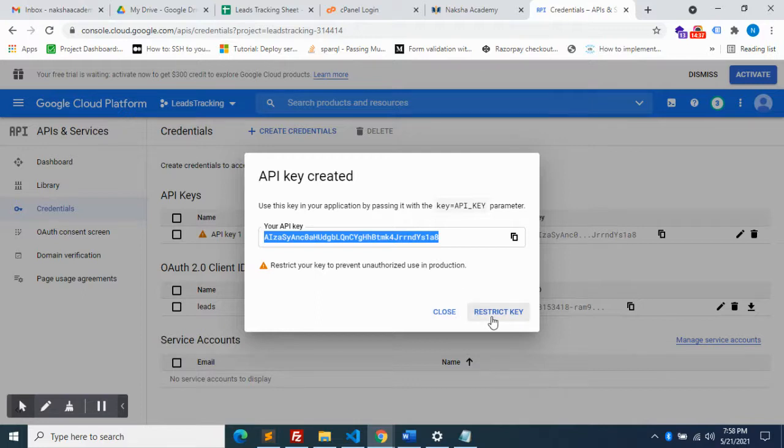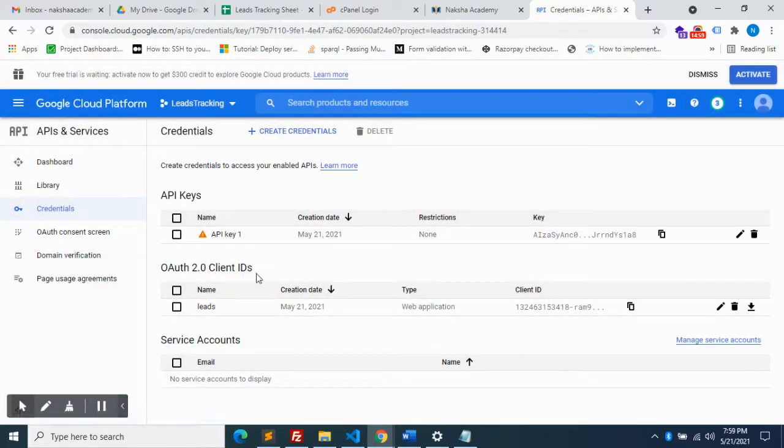Now you have to restrict the key. This particular API key should work only within this particular access. For example, this API key will work only for Google Drive and Google Sheets. If you use anything else related to Google, any other Google account or anything, it will not work using this API key. So we have to restrict this key.